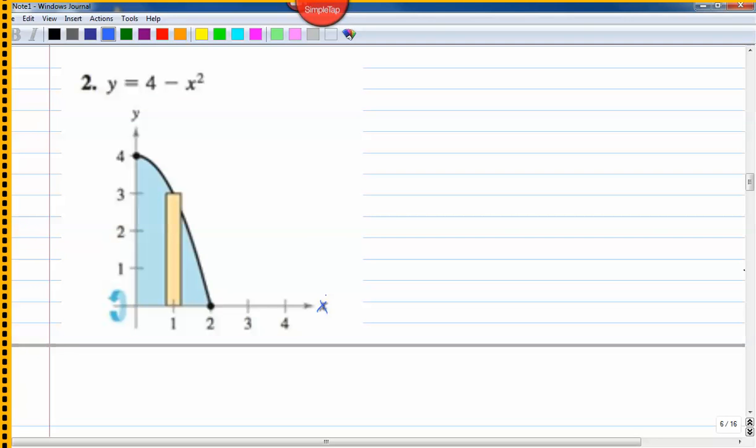Okay. Since we have a horizontal axis of revolution, what we need to figure out is how we could find the radius of each disk that's made. And the radius of the disk is going to depend on what? The function right here. So the volume of the figure would be the integral of, we said the radius is going to be 4 minus x squared, and then you have to square that, right? Because the formula is the radius squared